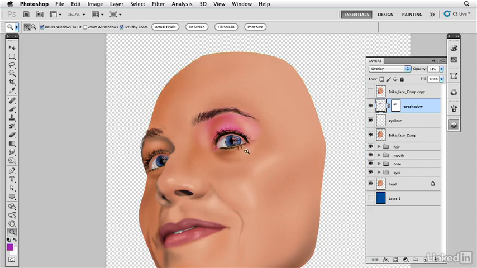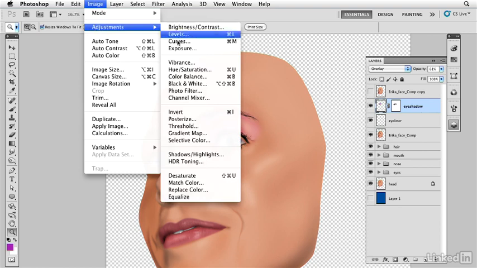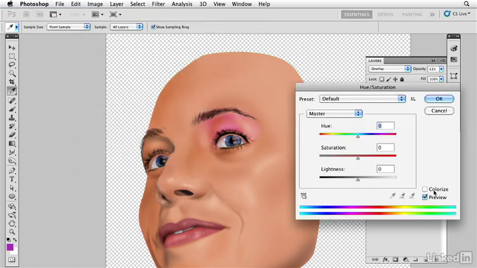But there you see where I've gone in there and added some tones for the liner and then added some color for the eyeshadow. Now, if you don't like that color once it's applied, it's no problem, because I can come over here to one of the adjustments, like say Hue/Saturation, and I can say colorize it. Let's punch up the saturation a bit and I can find a different tone that I want. So we're going to these blues here or these deeper reds. And if I find a particular color that I want, let's say we want to go into these darker tones here, I can punch up the